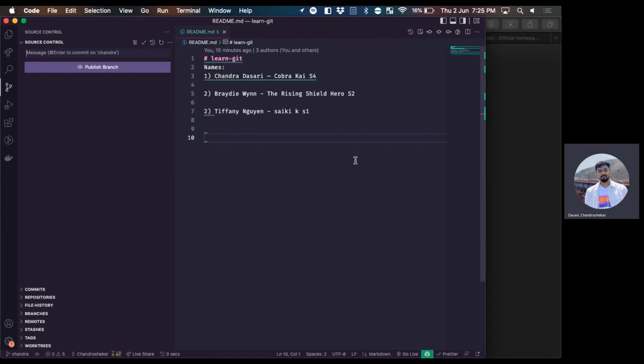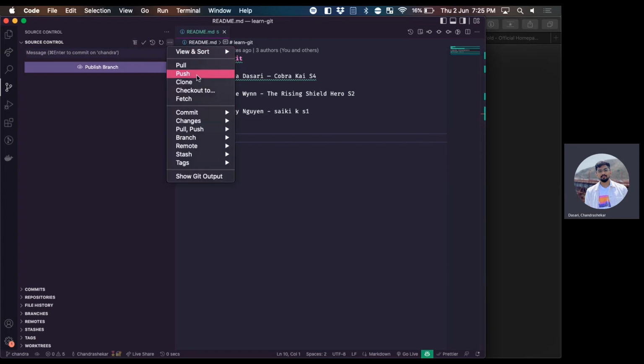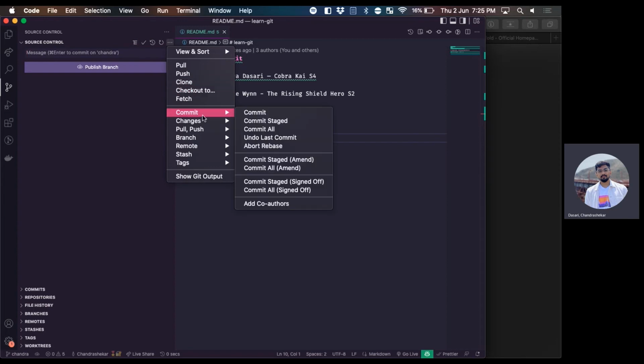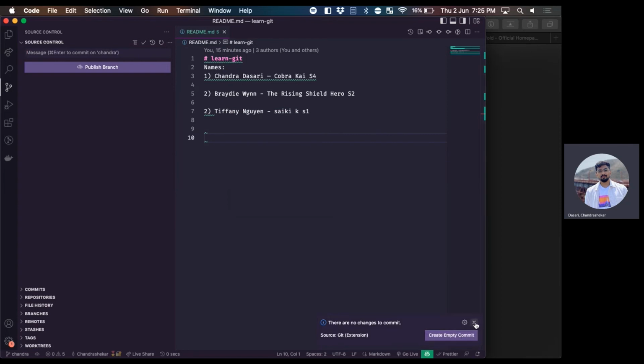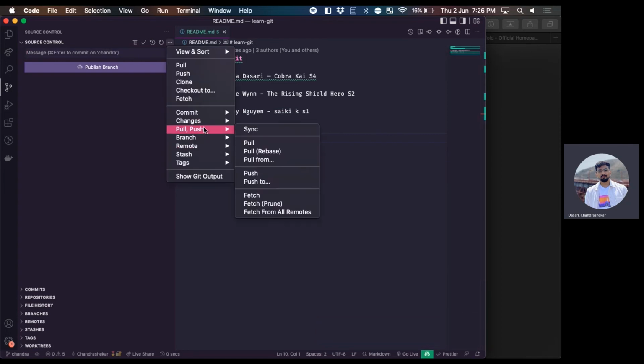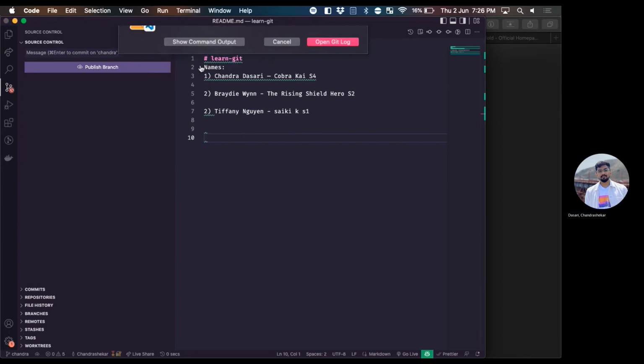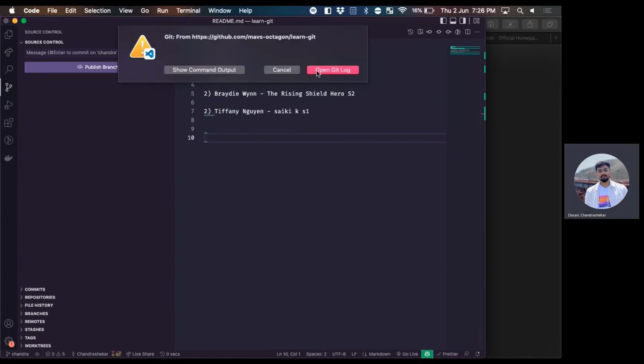So that was basically a command line way to use Git. The reason I made you guys do that is so that you understand the fundamentals of how it works behind the scenes. In an actual development environment, you don't necessarily have to write it in your command line. If you use VS Code, for example, you can just use the VS Code source control tool. So you have the option to pull, push, clone a repository, or commit just by clicking buttons. If you made no changes, it's an empty commit, so it gives me warnings and stuff like that. So yeah, let me pull. There's an error, so okay.